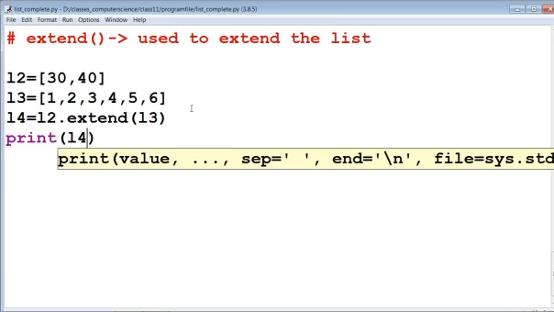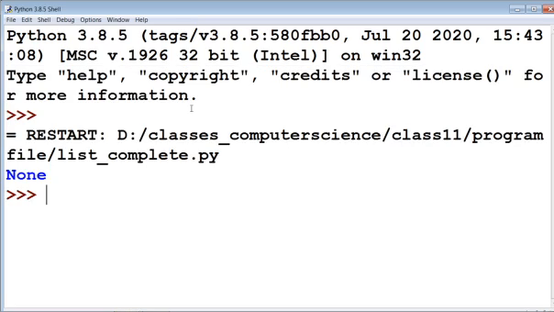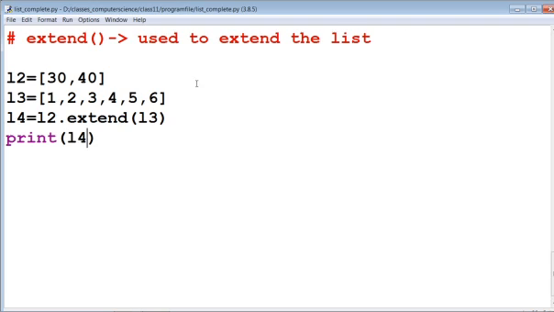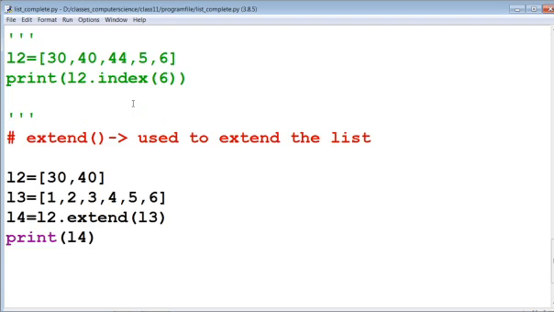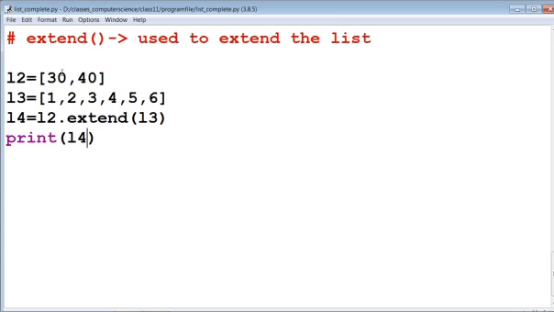Now check the output. There is some error with syntax. L2 equal to 30, 40, L3 equal to 1 to 6, L4 equal to L2 dot extend L3.